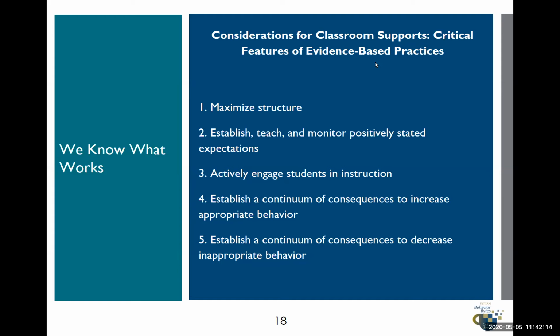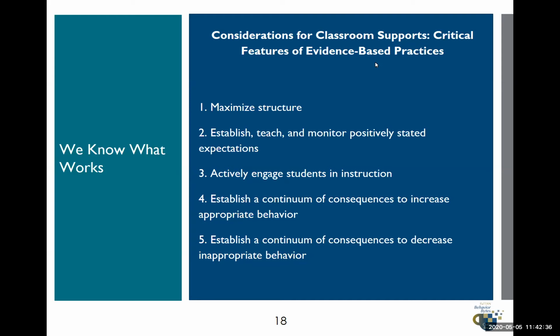So if we look at those: maximizing your structure; establishing, teaching, and monitoring positively stated rules and expectations; actively engaging students in instruction; establishing a continuum of consequences to increase appropriate behavior; and then finally establishing a continuum of consequences